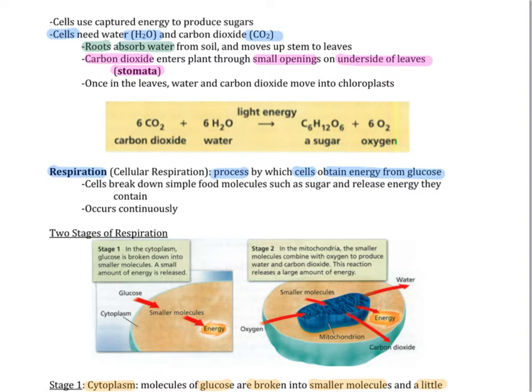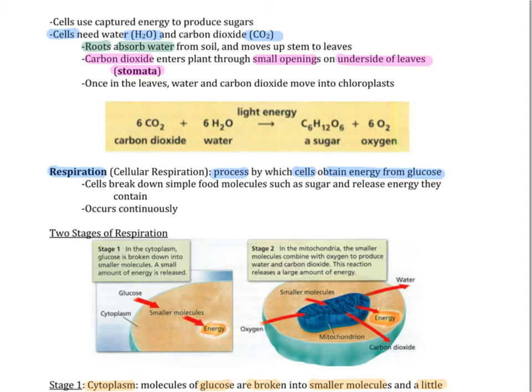In order for any of this to occur, plant cells need to have both water and carbon dioxide. The roots are responsible for absorbing the water from the soil, and the plant's structure and system allows it to move up the stem to the leaves. Carbon dioxide enters through small openings on the underside of leaves called stomata. Once in the leaves, water and carbon dioxide move into the chloroplasts, and this is the formula for photosynthesis, the